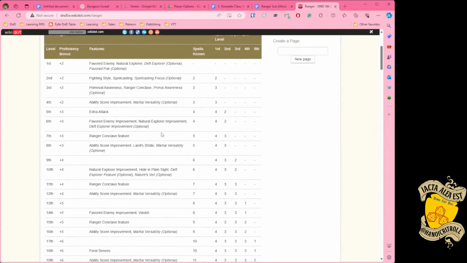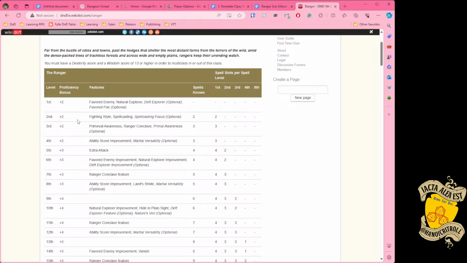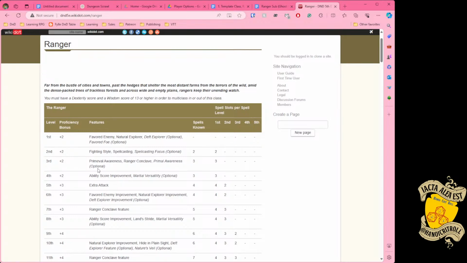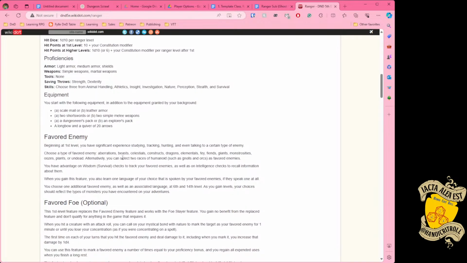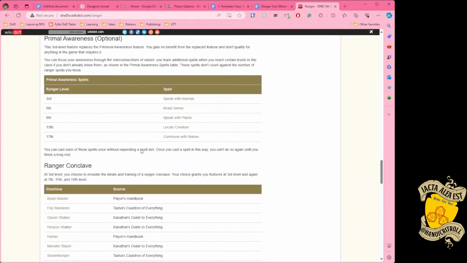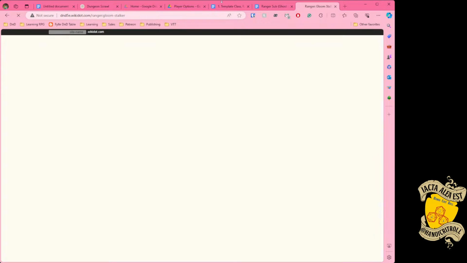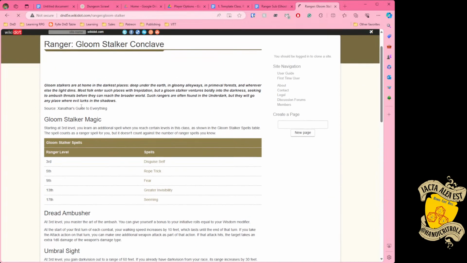What is this again? When do we get? So yeah, I kind of want to do something like that, right? I kind of want to do it when you pick this ranger enclave, whatever we're going to name it. Ghost Hunter seems kind of in line with what I want to do. But when we choose this, I think we're going to give it some spells as well. Let's look at Gloomstalker, because I think Gloomstalker gets additional spells as well. I don't remember how to word that precisely, and I just think it's easier. So starting at third level,